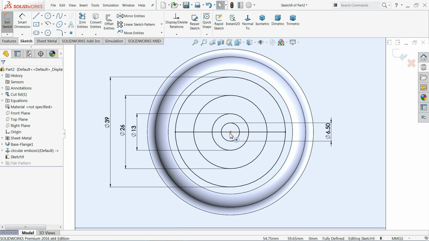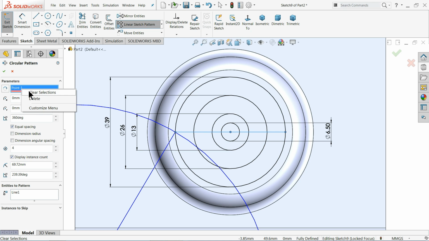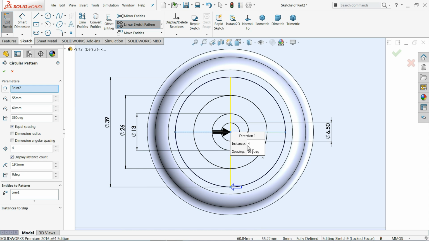Right click. Now we will make multiple number of lines, so simply go to circular pattern. Here choose this center point as a parameter, and entities, choose this line. Now see, center point is missed, delete, and choose this center point. Now here see, 4 number of instances show, we need 6 number, so now it's become 6 number. Keep equal spacing 360 degree. Okay,